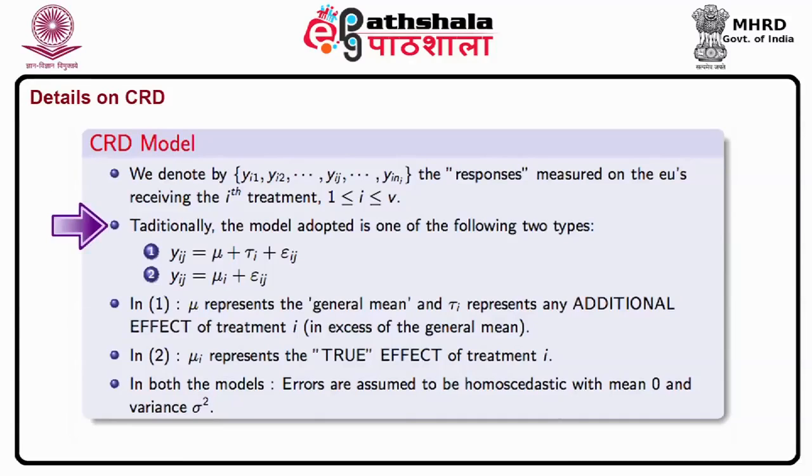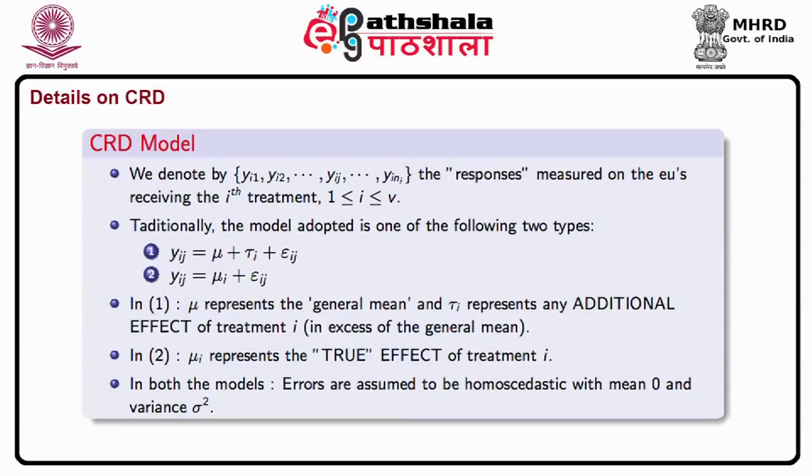Now, traditionally, the model adopted is one of the following two types: Yij is equal to mu plus tau i plus epsilon ij, and the other one is Yij is equal to mu i plus epsilon ij. So the first one is referred to as 1, and the second one is 2. Now, in 1, mu represents the general mean and tau i represents any additional effect of treatment i in excess